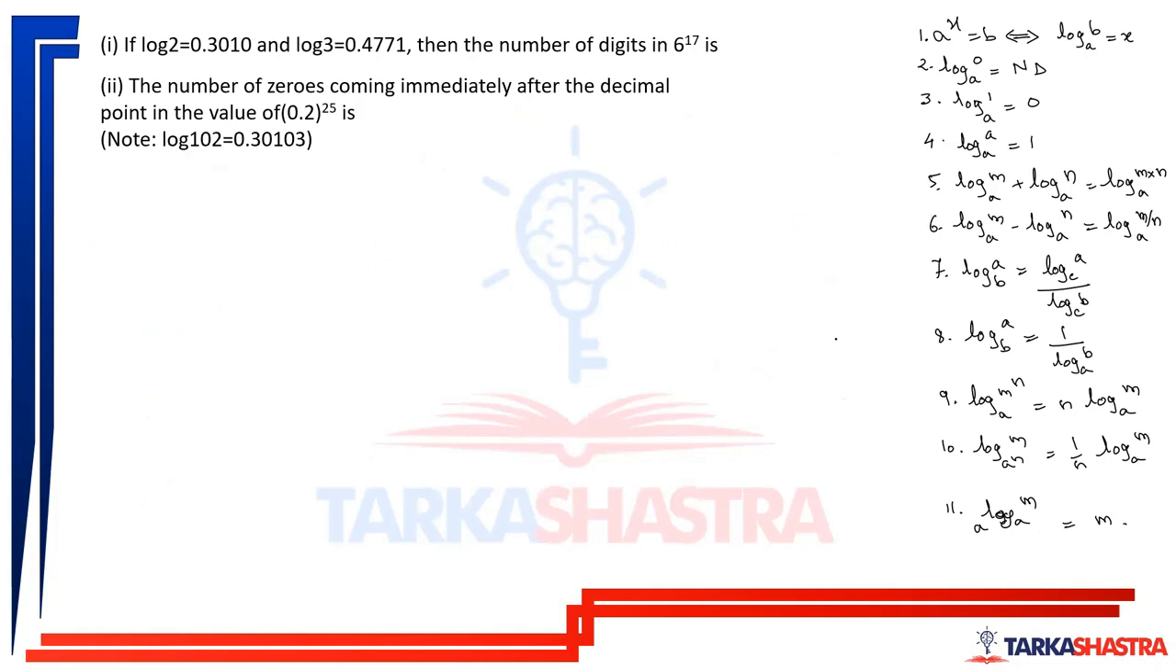Next, let us try to solve this. Log 2 is given, log 3 is given. We have to find out the number of digits in 6 to the power 17. Very easy. Log 6 to the power 17, which is 17 log 6. We are just taking the log of this value. There, 17 is out, log 6 to the base 10, which is 17 into log of 3 into 2 to the base 10,